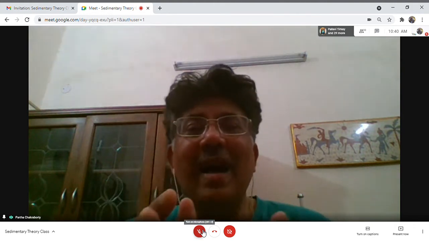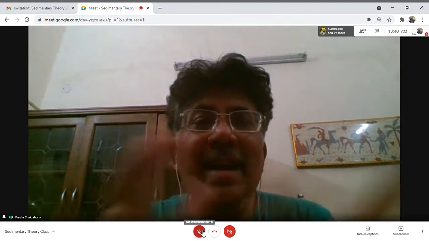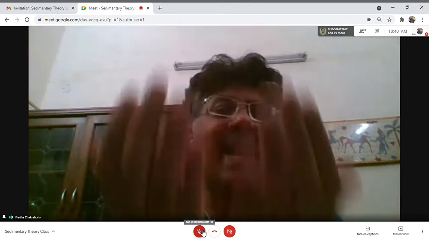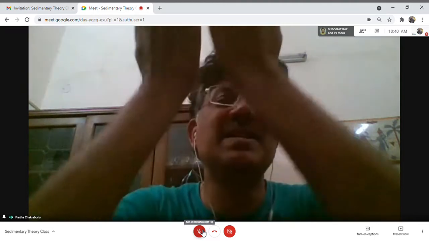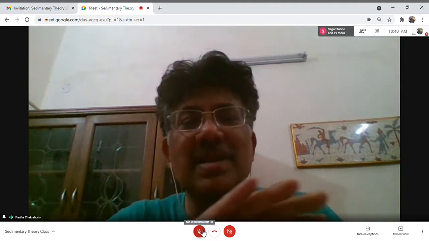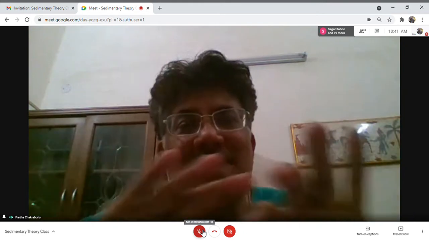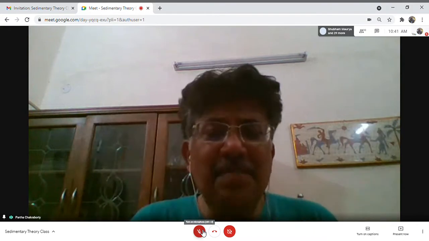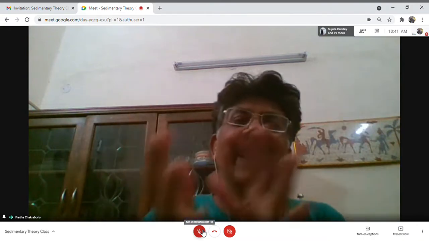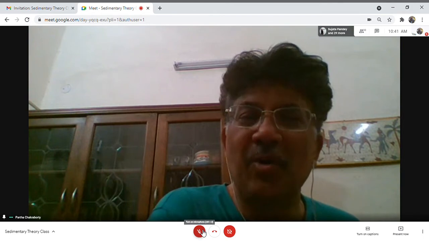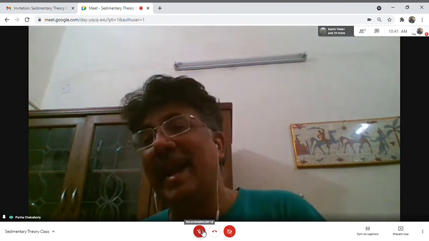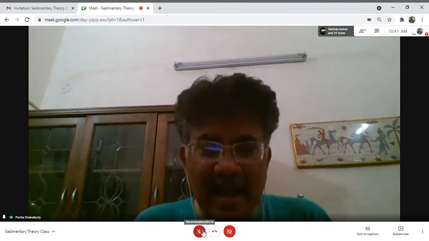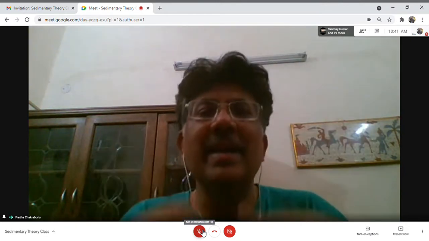Now, as the arc gets more weathered, the upper portion of the arc gets removed and the deeper portion of the arc gets exposed. That is what a dissected arc is. That means an arc whose top part is dissected and the deeper root portion is exposed. And if the root portion is exposed, then the quartz and feldspar increase in volume, because the deeper portion is granitic and the upper portion is andesitic. So when you have dissected the arc and exposed the root, you again increase the quartz